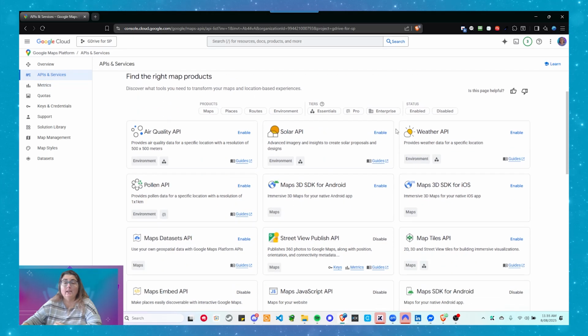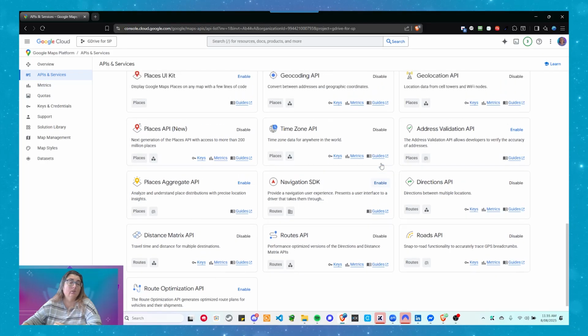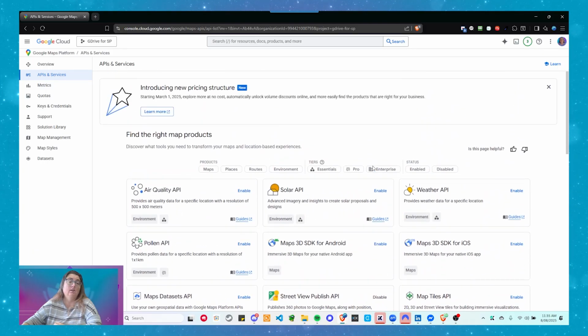This shows you all of the APIs available to use for Google Maps. A lot of this is going to mean nothing to you. When you go to create a map on your site and it says you need a key, you have to follow the bouncing balls again to create that key so you get the right access to the right APIs. But these are the APIs that you can get access to. If you're looking for where your keys are, in that menu on the left-hand side, come down to where it says Keys and Credentials. If we click on that,